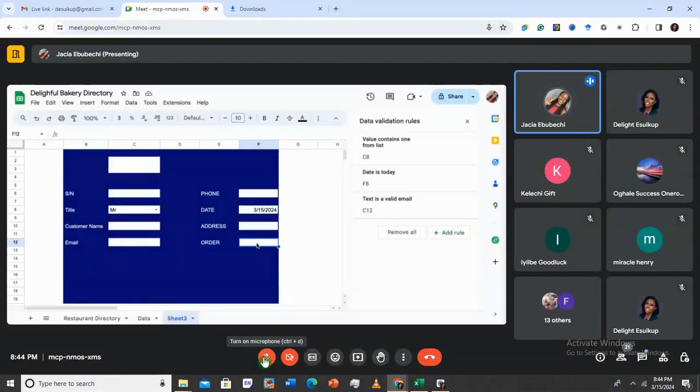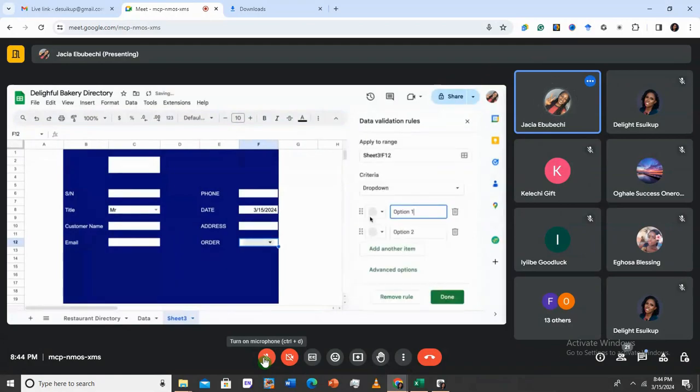Come down to order. There are plenty of stuff we sell. There are plenty of stuff, bakery. Of course, you should have other. Okay, and add another rule. Here we have bread, option 2 cake,